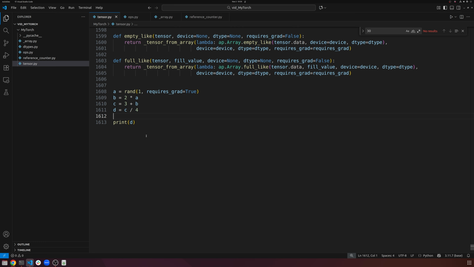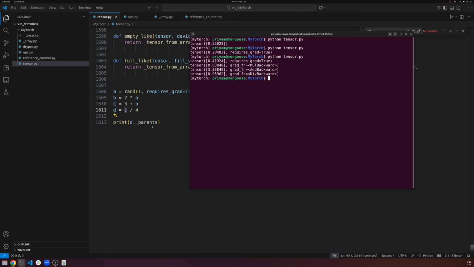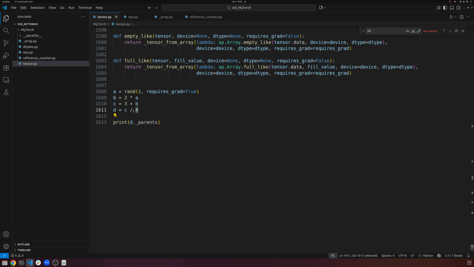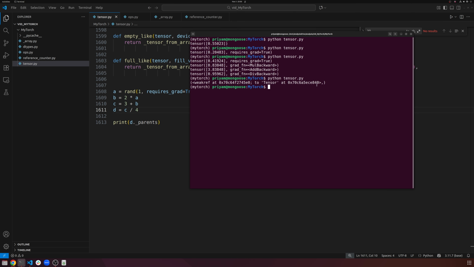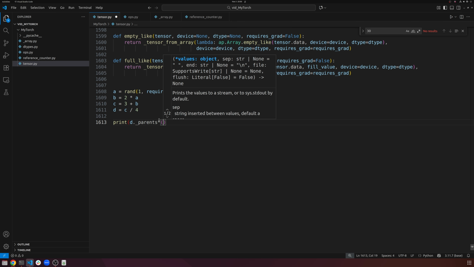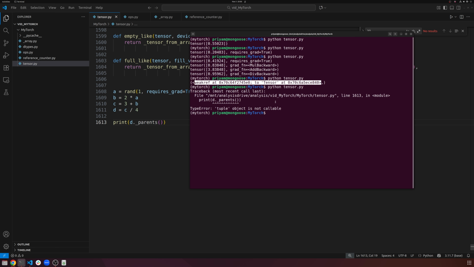So inside D, we have dot parents, right? We have the parents of D. So D was created from C. So let's check on it. Here's the parent. And we can see there's only one because 4 is just a constant, right? It's not a tensor, so there's no need to store it as a parent because it's not something we care about. It's just a constant. So we have this parent here. It's a weak reference. Okay, let's take a look at it. If we unpack that weak reference, we're going to see